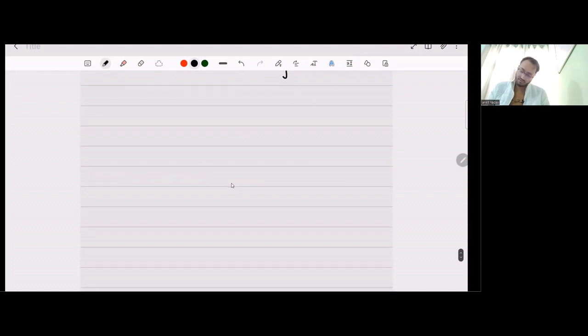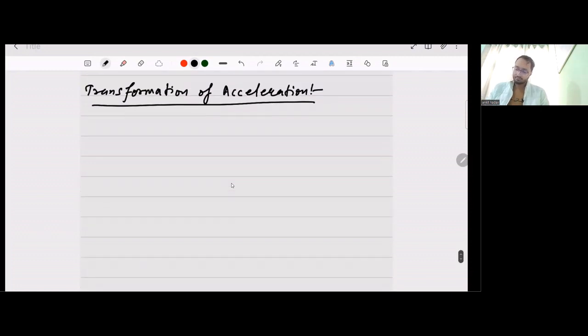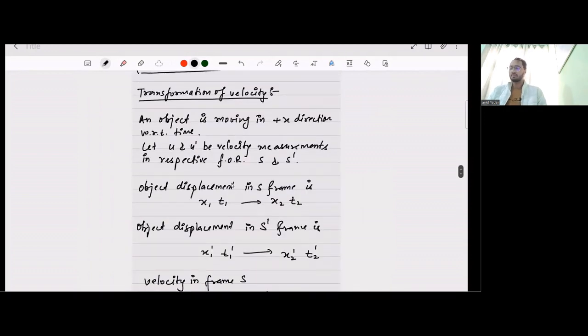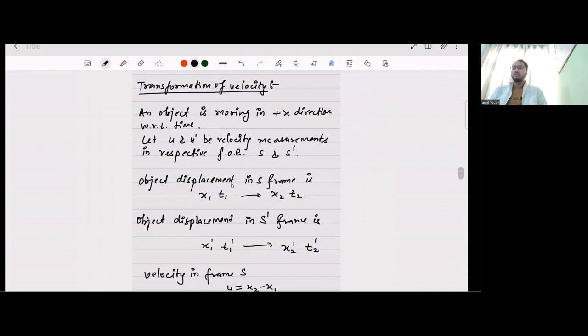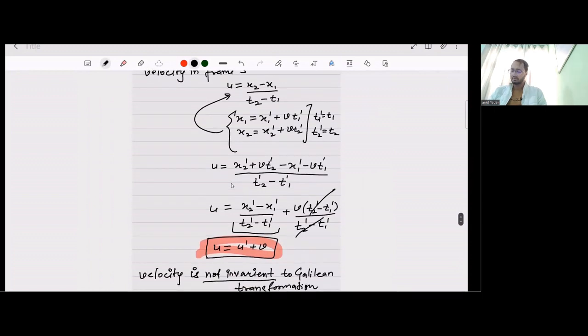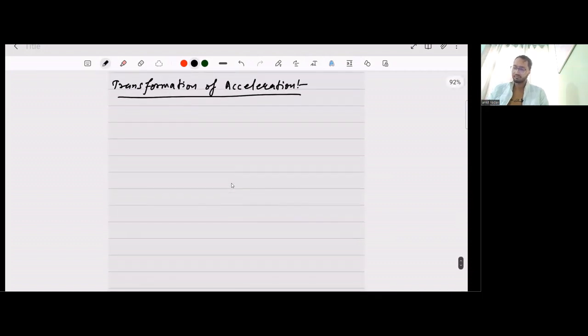Now let's move to the third point. Transformation of acceleration. If you want to take notes, please pause the video and take the notes from here. Okay, this is the whole derivation, we can say. Now let's move to transformation of acceleration. Considering accelerations